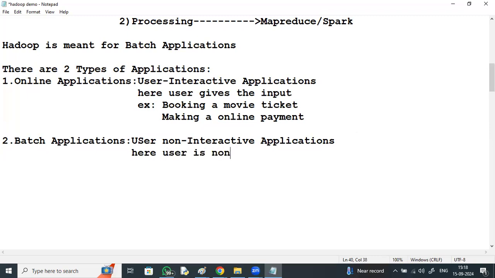Here the user is not involved. For example, railway ticketing PNR status.